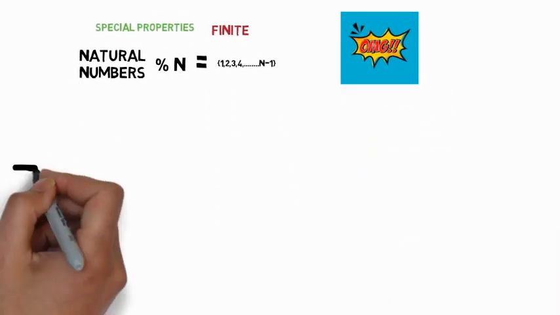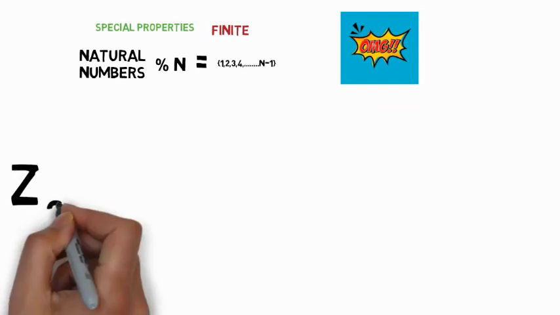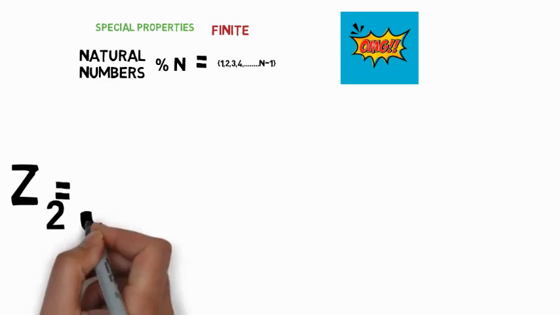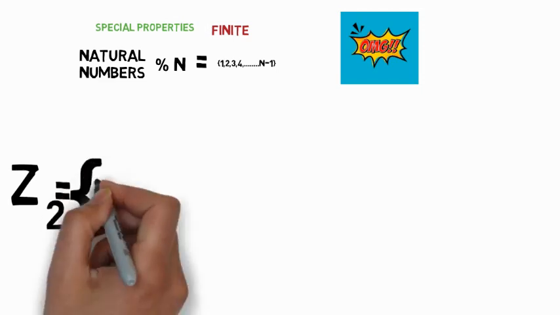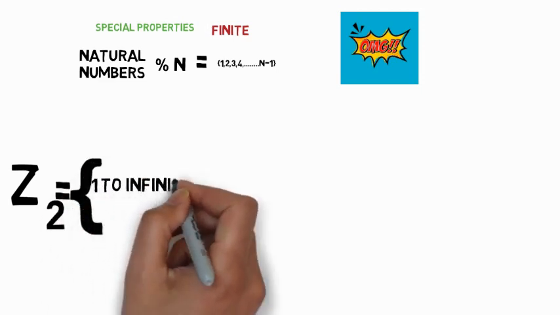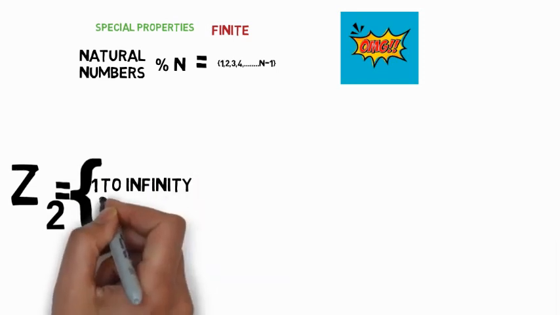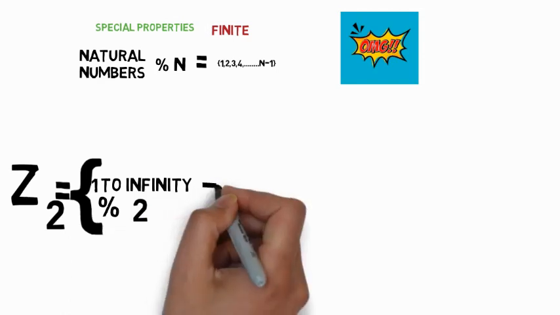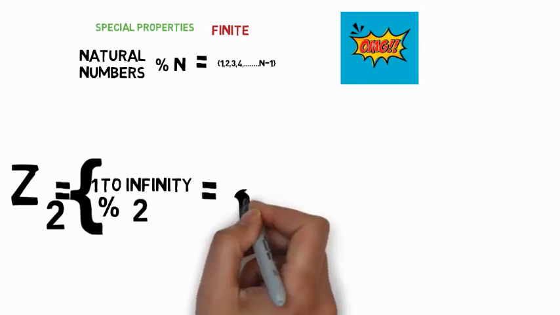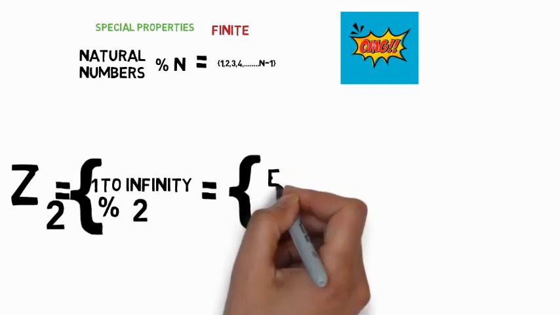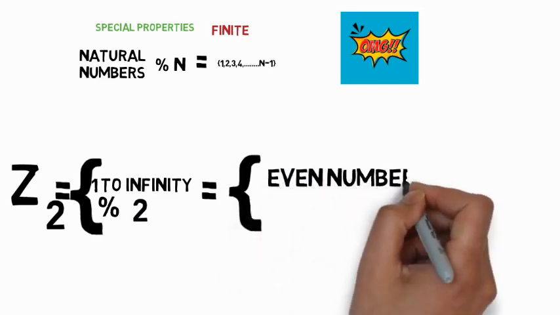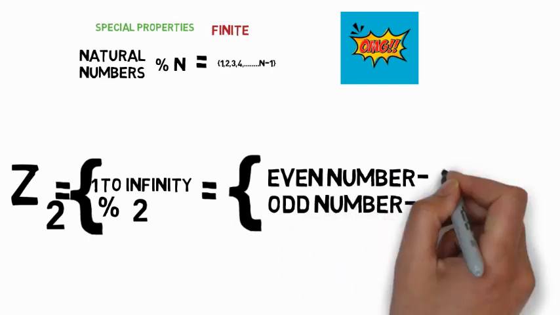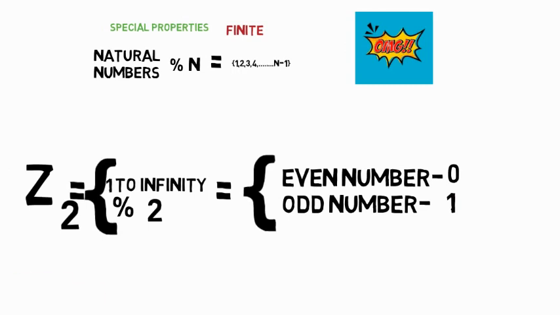What is that? While you are taking numbers from 1 to infinity, you would split them into even and odd groups. While you are dividing the even numbers by n, that is, here it is 2, you would get 0, and while you are dividing odd numbers by 2, you would get the number 1. So, the group Z2 consists of two elements, that is 0 and 1. This is our ordinary binary number system.